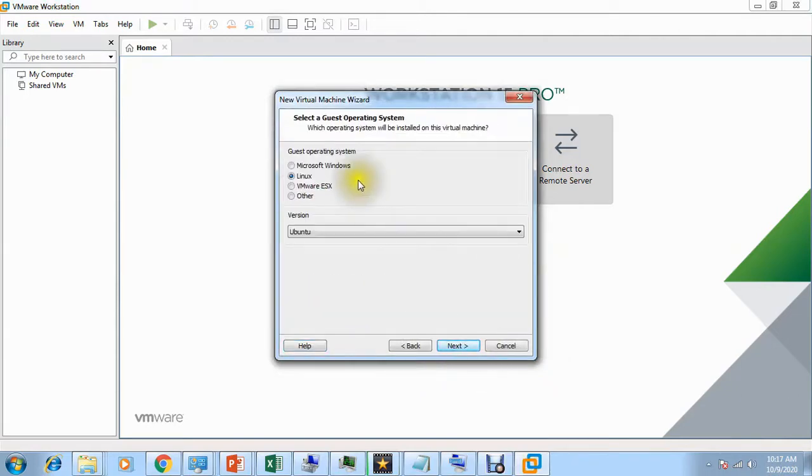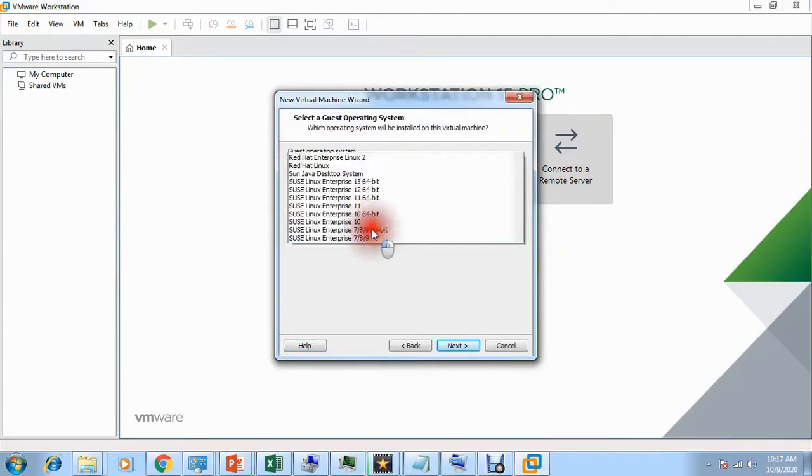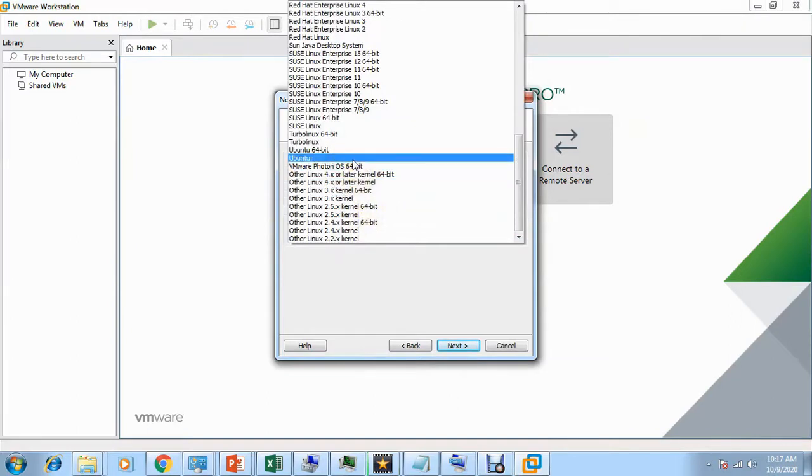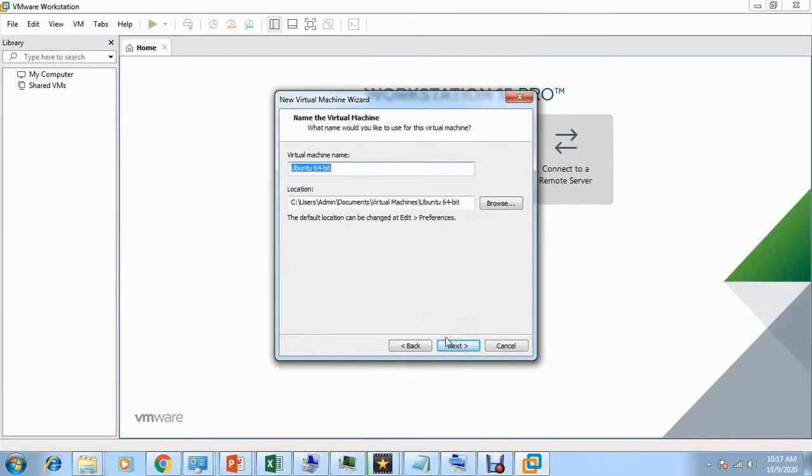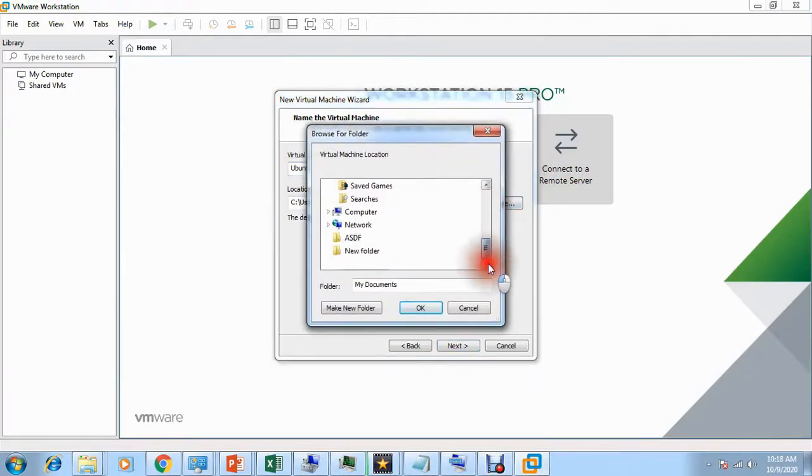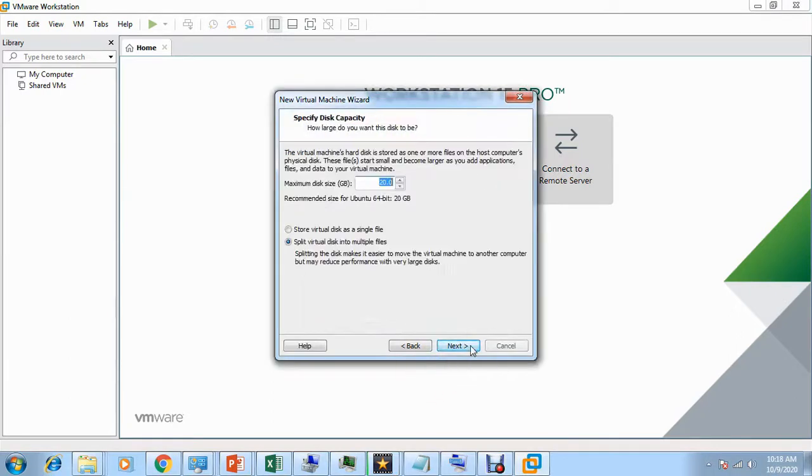Yes, I have selected Ubuntu here only, and let me see if I can change anything here. So let me take this one, 64-bit, and Ubuntu, I'm giving Ubuntu only name, and I need to keep this virtual disk somewhere, so I'm giving this in this folder and click next here. So I can give 50 GB. I have space here, and single, store in single and customize.